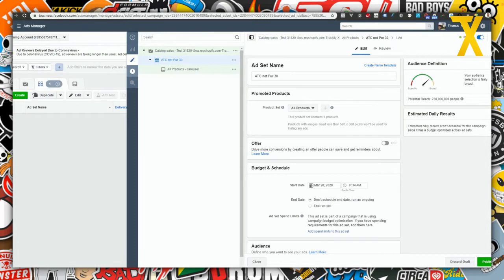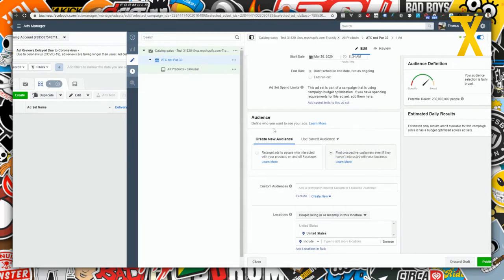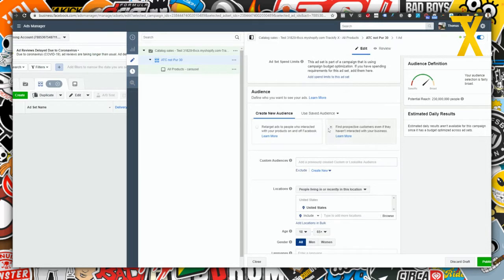So here is the place where we're going to basically just determine the audience. And it's very interesting here. Here are the two modes, if you will, that are available for catalog sales type ads and for dynamic product ads. And one of the modes is find prospective customers, even if they haven't interacted with your business yet. So that's an aha moment maybe for you, that you can actually set up dynamic product ads even for,